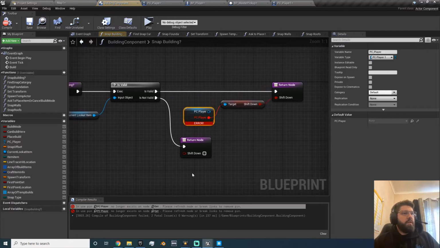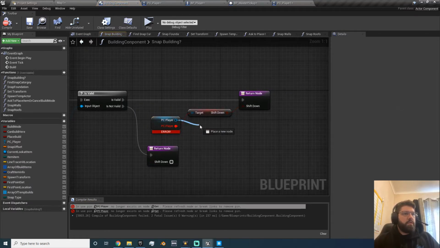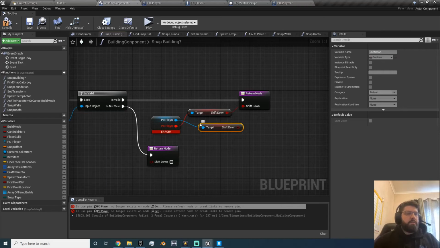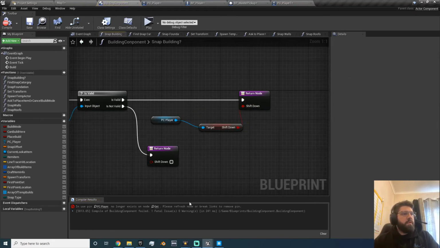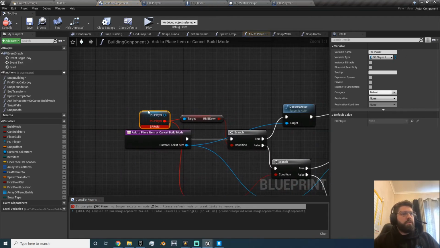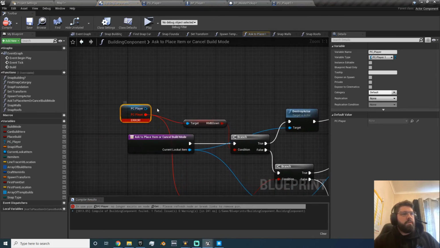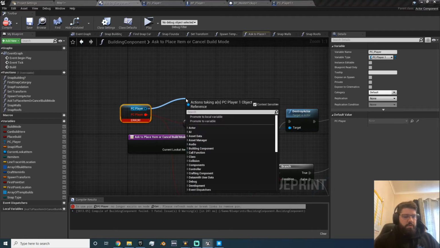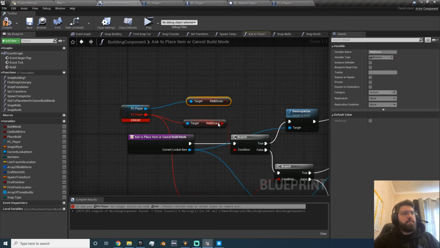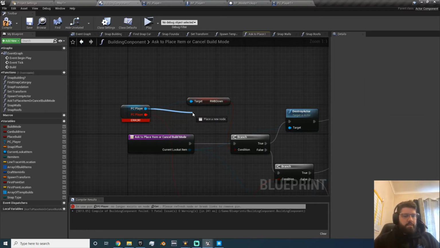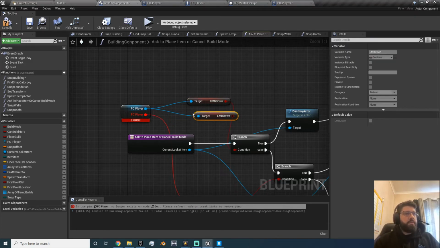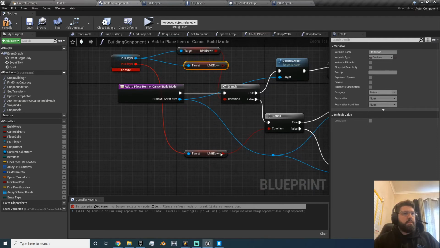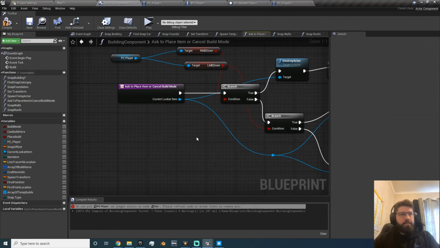There is another one, yes of course, shift down, and you would need to do this one again, right mouse button, into there, and left mouse button into there,